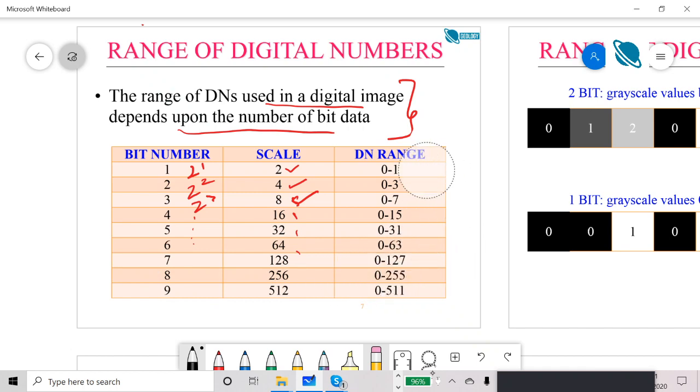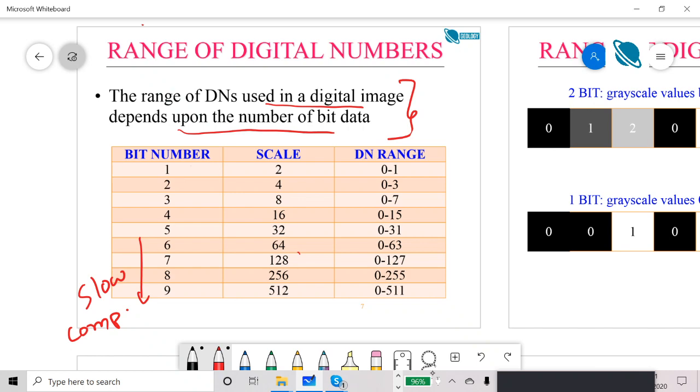But if you want to capture further details, you can go beyond this. Sometimes it is not really important to capture all the details, because your image processing tasks will become very slow if your bit number increases, so you get slow computation. Another thing is that some small variations are not really variations in data, they can be noise also. So if you capture everything, your image will appear more noisy. This is usually the standard that you can normally capture images in.